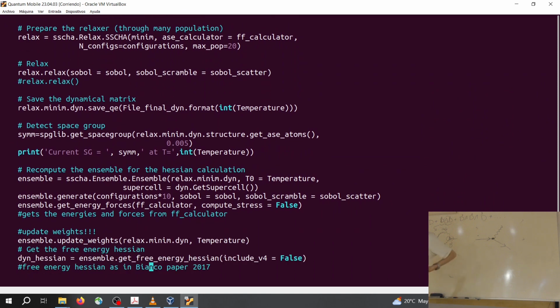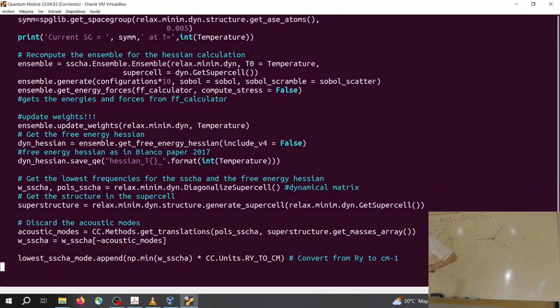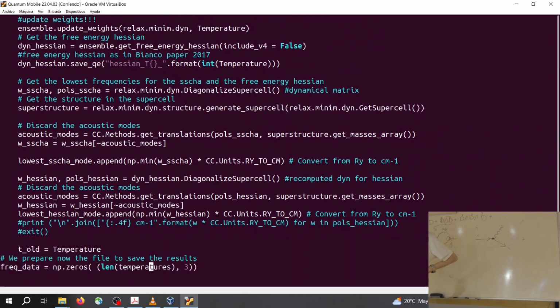December, that weights, Hessian for different temperatures, getting the acoustic modes, the lower one,